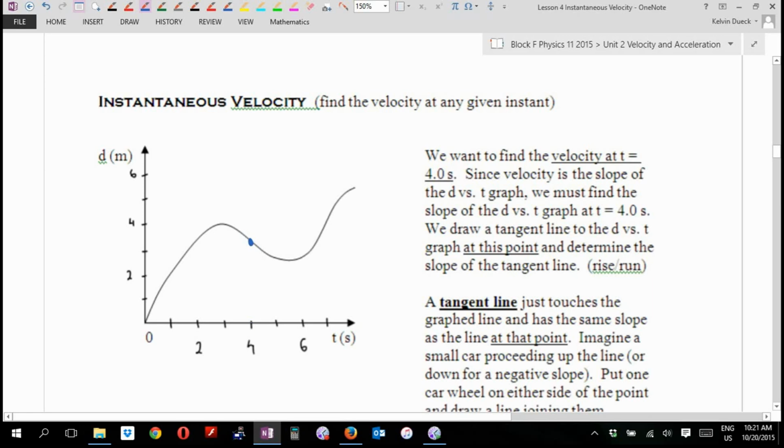Since velocity is the slope of a d versus t graph, we have to find the slope right there. The problem is rise over run ain't going to do it. It's a curve. So what I would do is draw a tangent line, and I would argue that the tangent line to me looks